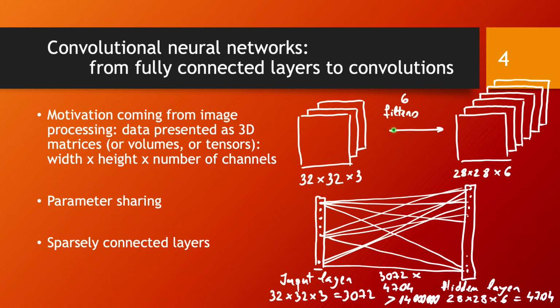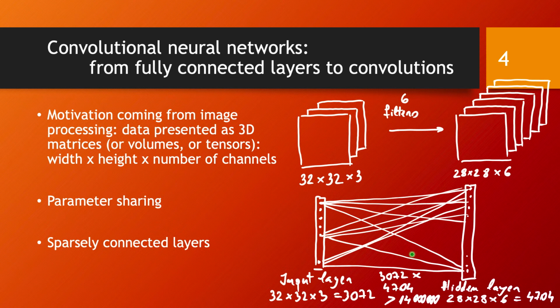And so what this means is that the computation done by this hidden layer, the computation done in each one of the neurons in this hidden layer, in fact, is very similar to what the other neurons do, because all of these computations correspond to just 6 fixed transformations. So all of these multiplications that are done for this neuron and for that one and maybe for many others in this hidden layer are in fact exactly the same, and they are using exactly the same weights corresponding to whatever we want these filters to do.